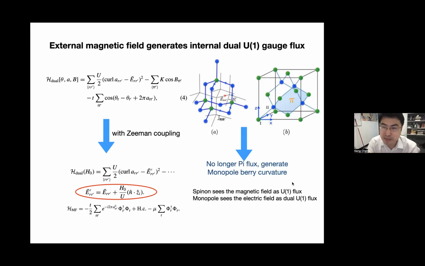So there are interactions between them. If the monopoles become dense, for instance, if you approach a confinement transition, when Sz is almost developing magnetic order, then the monopole number becomes dense. The distance between them becomes very short, so you need to worry about strong interactions. And that's actually quite important. The monopole interaction is responsible for the type of magnetic order that is induced. It's a confinement transition.